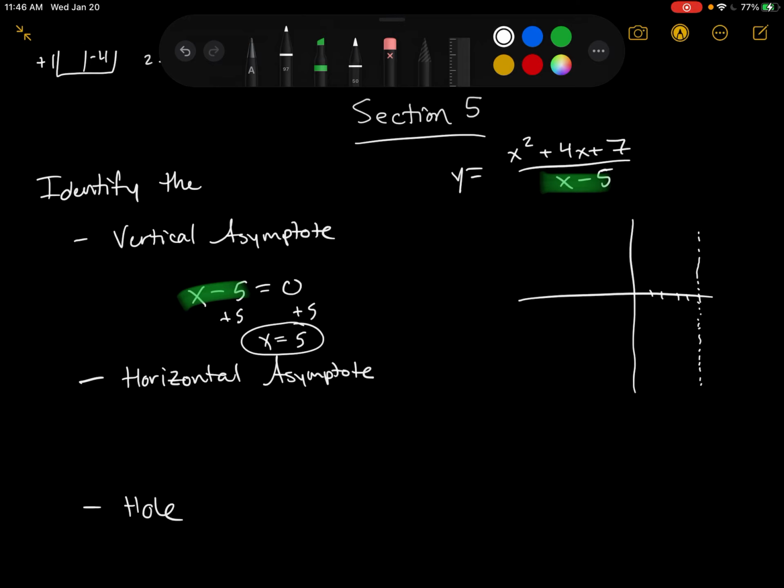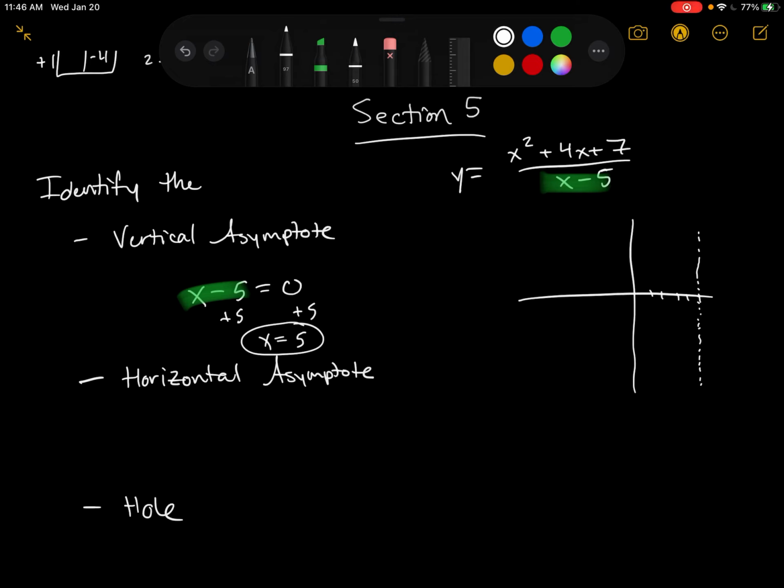Next, horizontal asymptotes. There's a bunch of different things we need to look at for this. If the degree of our numerator is less than our denominator, we have y equals 0. In this case, our degree of our numerator is greater than our denominator. A reminder, if the degree of the numerator equals the degree of the denominator, we have y equals the leading coefficient of the top divided by the leading coefficient of the bottom. And then lastly, if our numerator is greater than our denominator,